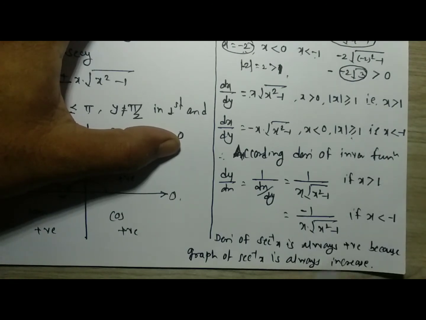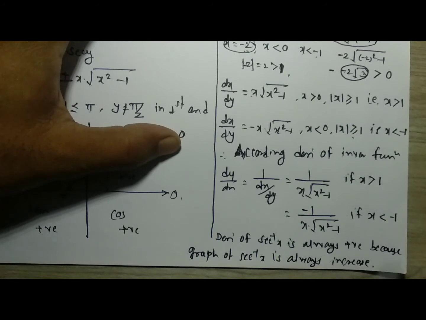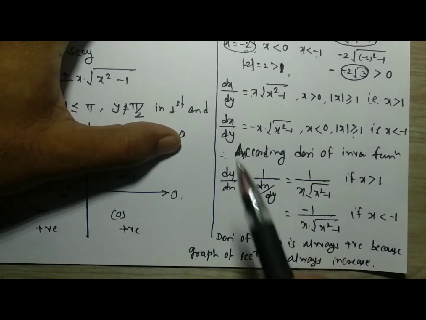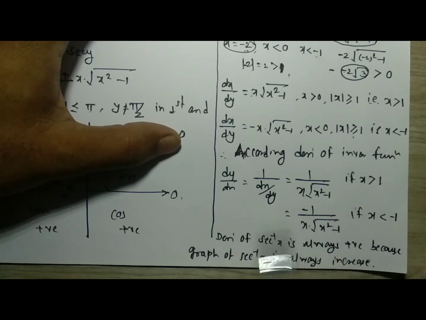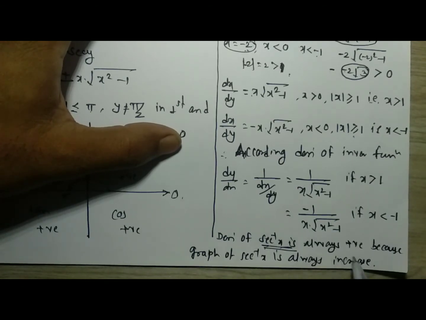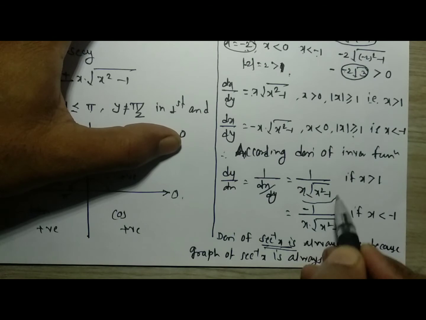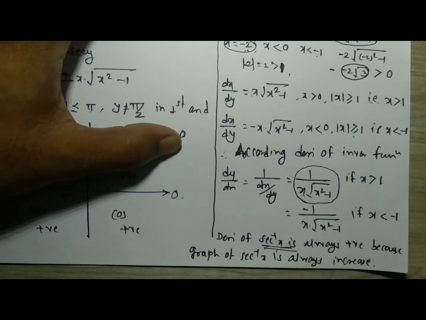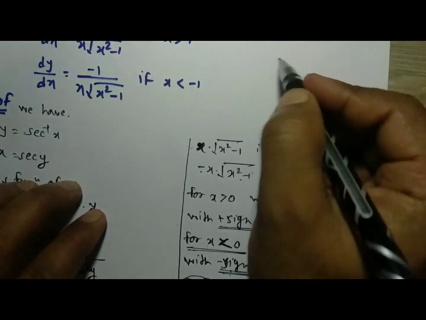We will consider how it is increasing, and you will get that the derivative of sec inverse x is positive. In the application of the derivative, we go with an increasing function having a tangent, and the tangent having a positive slope, and the slope is nothing but the derivative at the particular point. And here the derivative of sec inverse is taken always positive. That means you have to consider only this derivative, not this derivative, because the sec inverse graph is always increasing. How is it possible? We have to see this consideration right now here.